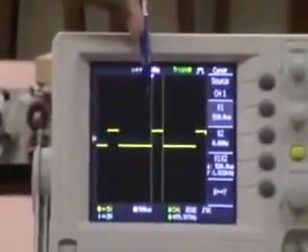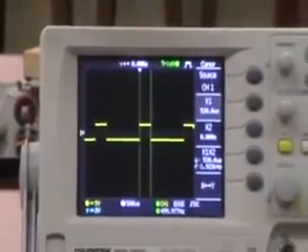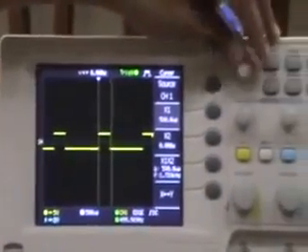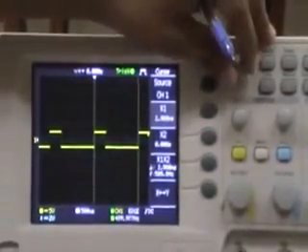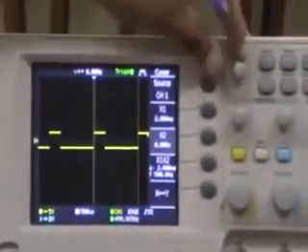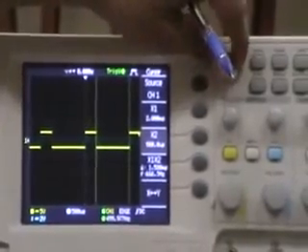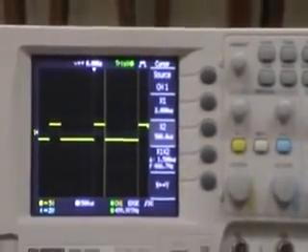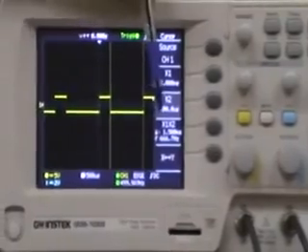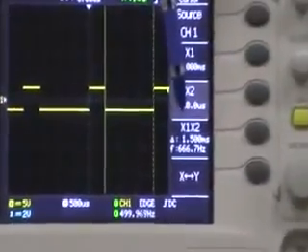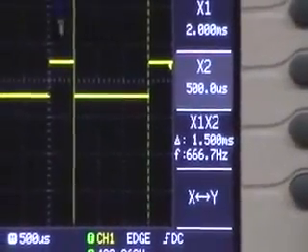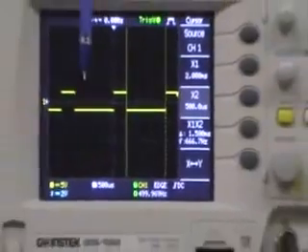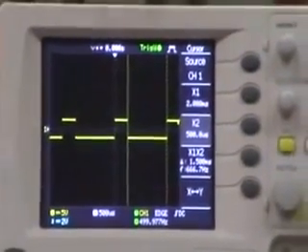Similarly, for the negative cycle, if you want to calculate the time, we just again have to move this line for which we want to calculate. Again, we can see from the measurement being displayed, it comes out to be 1.5 milliseconds. So moving the lines, we can measure the values on the x-axis.